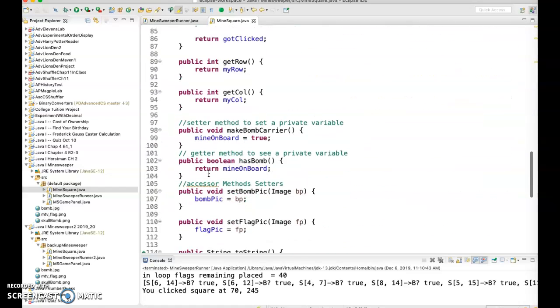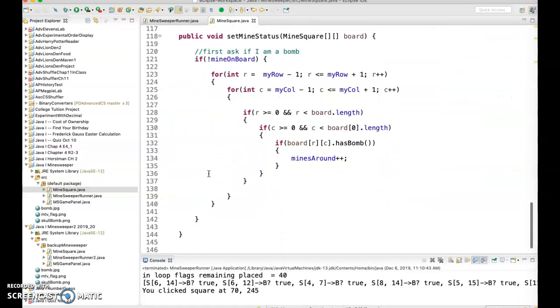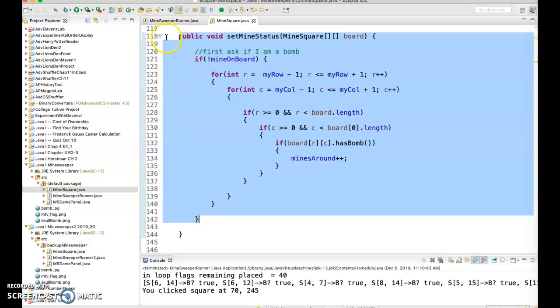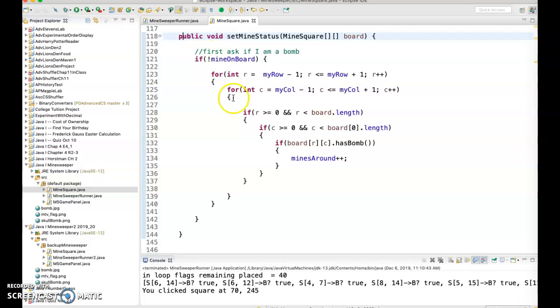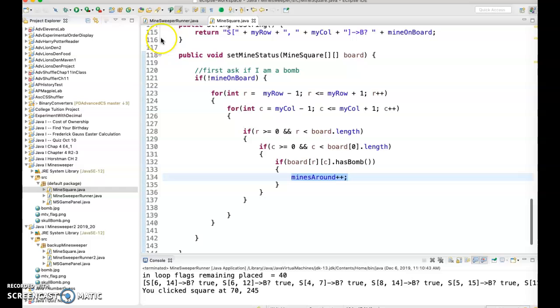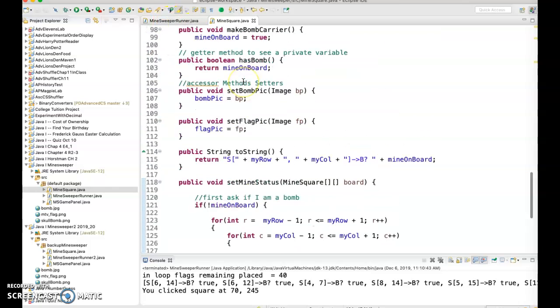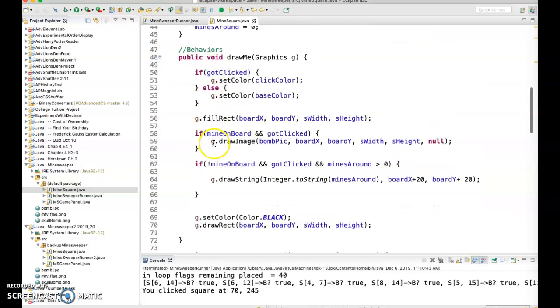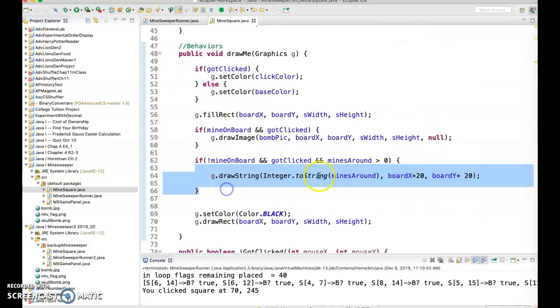And what we did was we added something to sweep around the board and look around to see if there was a mine around, and we collect this information and add it to this total, and this total mines around would get updated when you painted. So we went to the place where we were drawing or painting, and that's in draw me, and we added